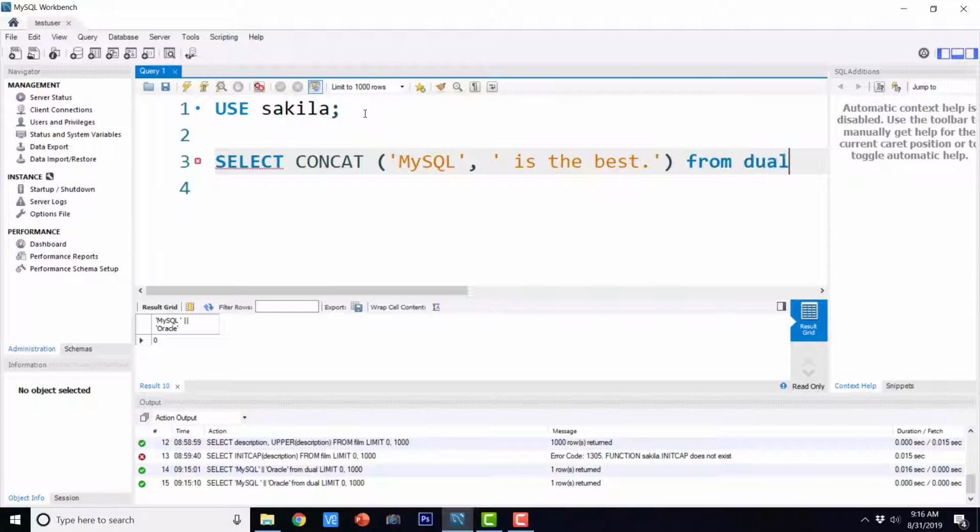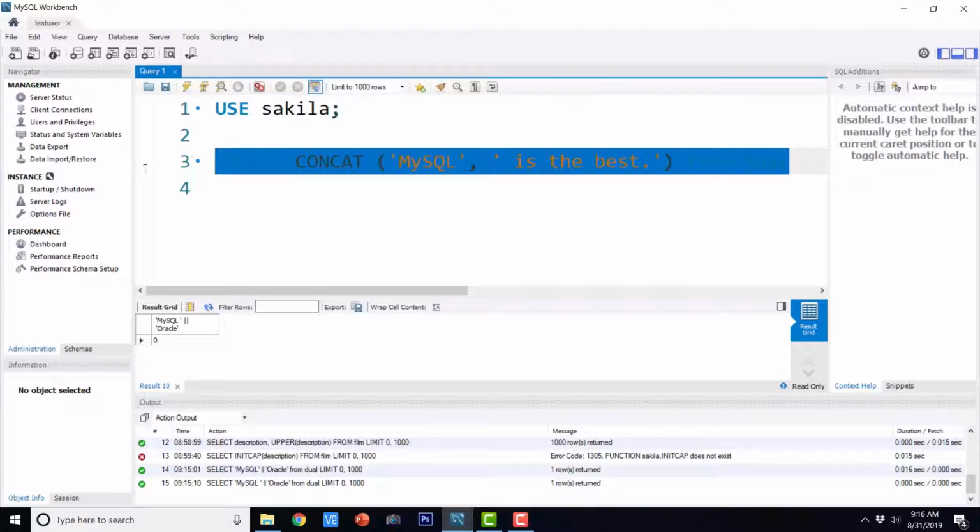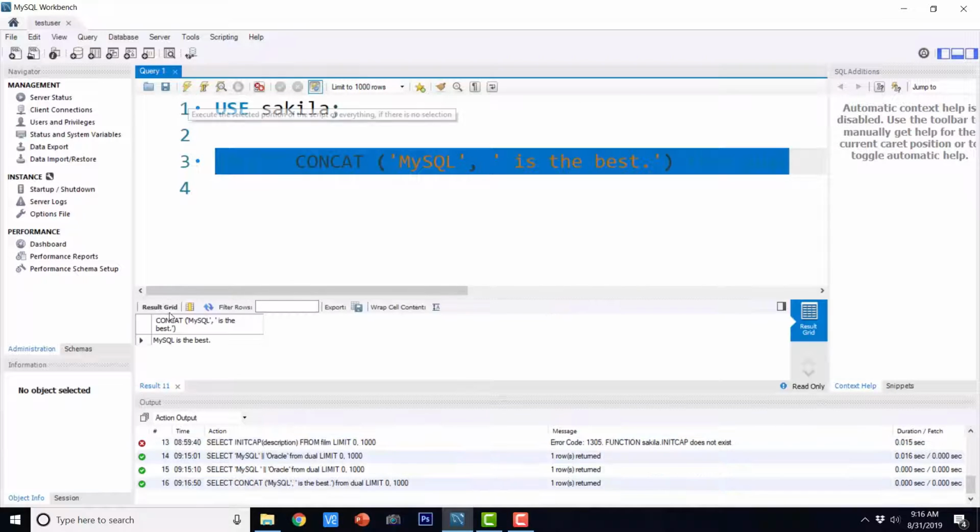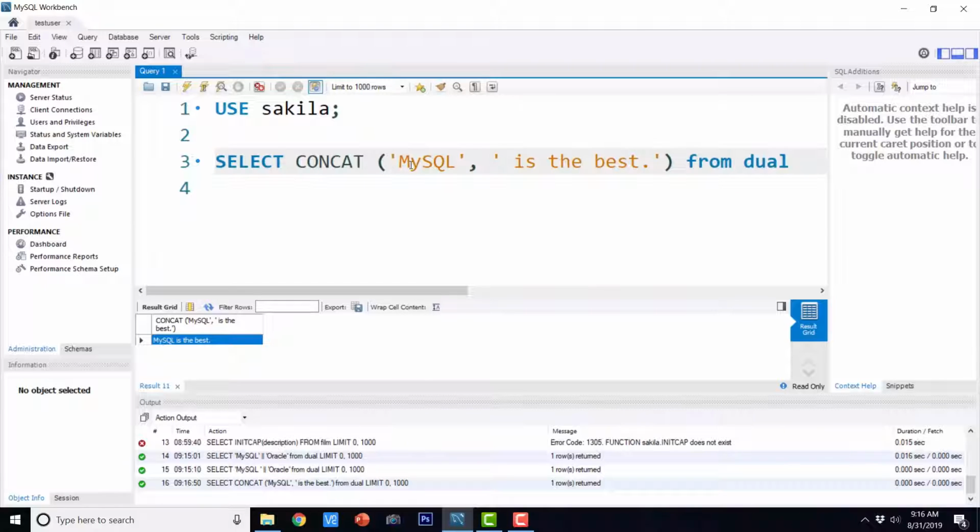From dual. Now it is going to print a sentence. See here, it says MySQL is the best. The strings are MySQL, space, is, space, the, space, and best followed by a full stop. Both these strings are concatenated using the concat function, which is used for concatenating strings.